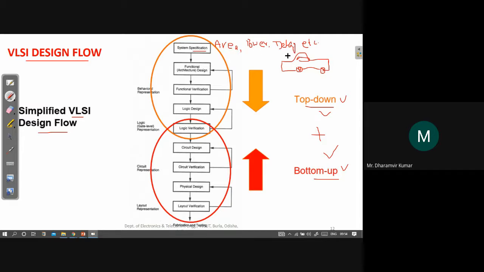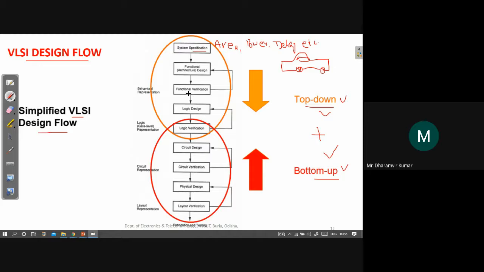Then we go for the architectural design. We form the architecture of the whole system, and the architecture will consist of different blocks. The architecture is a kind of top design that will consist of different smaller blocks connected properly. Then we do the functional verification of this architectural design.